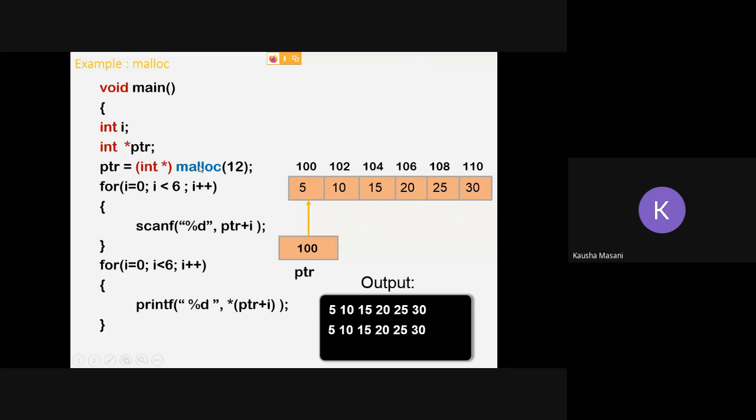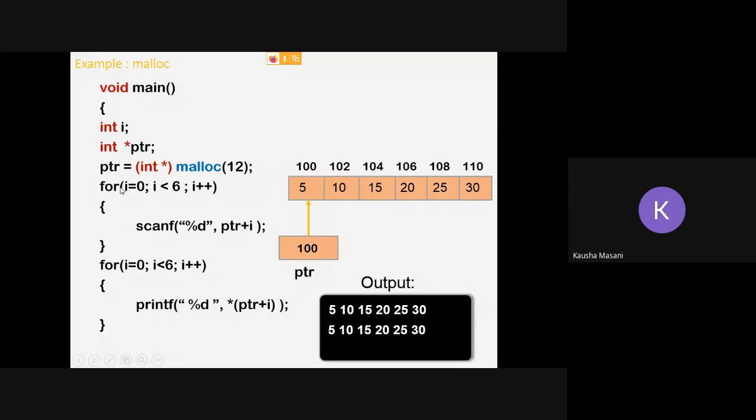This malloc is going to return a pointer, and that pointer is going to point at the very first memory address of your block. The very first memory address of your block here is 100, so the pointer gets the value 100. That is where it is pointing. So whenever you do any execution with respect to this ptr, whatever you store shall be stored from 100 and in the succeeding memory blocks.